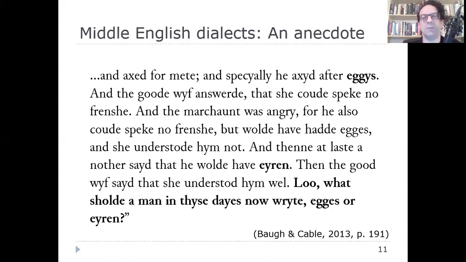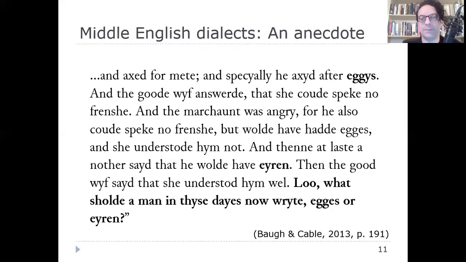Okay, so this appears to be just a variant form of the word for egg. One of them, eggis, is actually a plural form coming from the north, having slightly different sounds there. And the other one is a more southern form, Iren. And this happens to be the form that